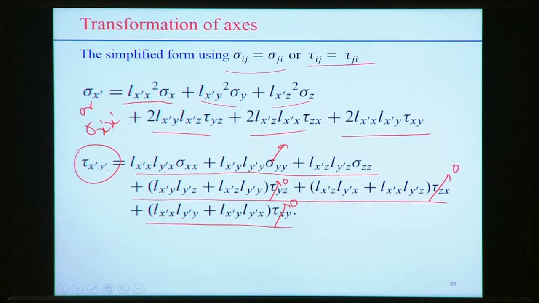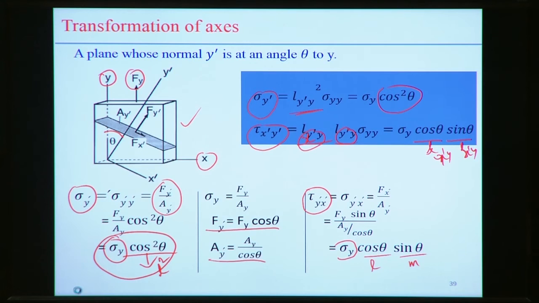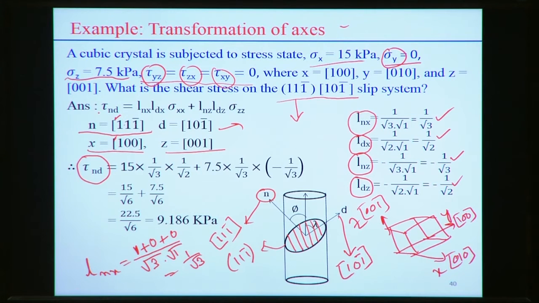So using the formula for the transformation of one axis system to another, we get only two components. With that transformation formula, we get tau_nd, which has non-zero elements sigma xx and sigma zz, each multiplied by the corresponding direction cosines. Those direction cosines we can directly find out, and by putting them here we can find the value,